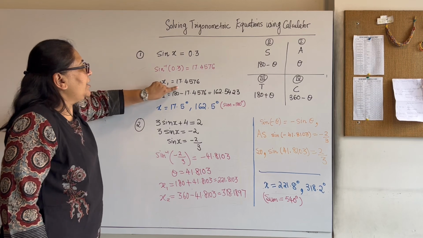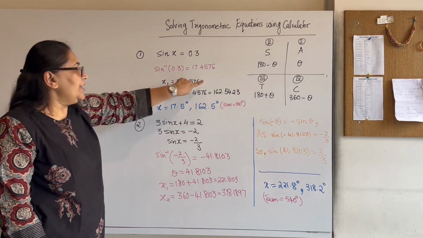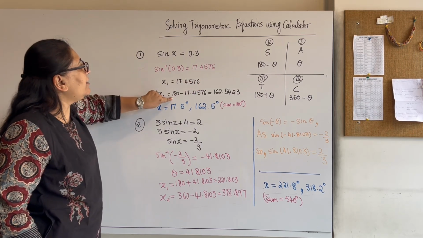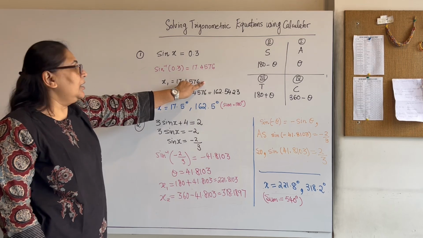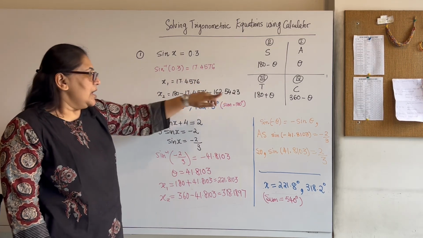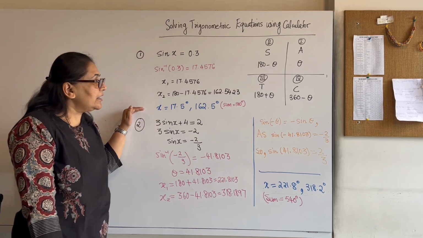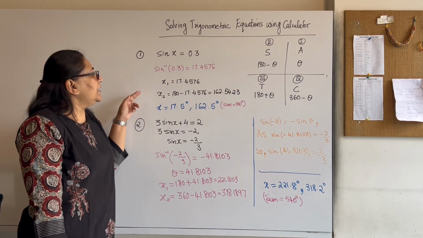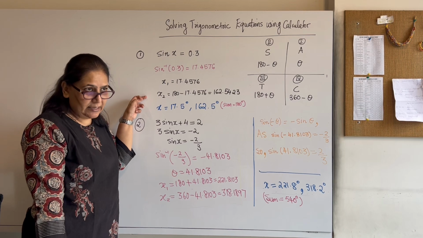X1 is 17.4576. The second answer will be 180 minus the acute angle, which is 162.5423. When we write the final answer, we have to remember that the answers are not exact answers, so they